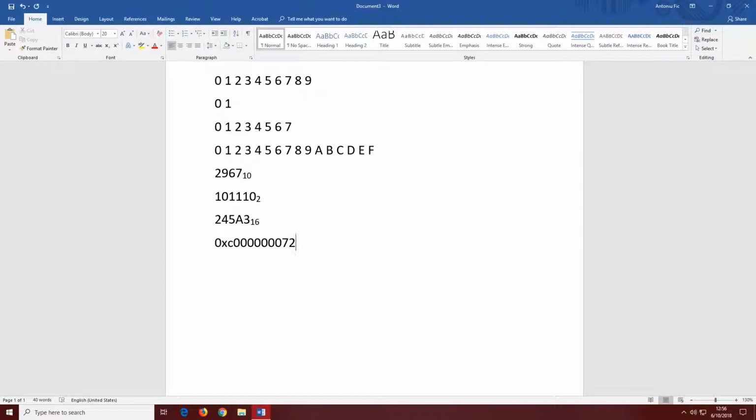0xC0000072, that is a hexadecimal number. So the number 245A3 in hexadecimal would be noted as 0x245A3. This means it is a hexadecimal number, and the number itself is just the digits after the x. This applies also to octal, so 0o, and you're going to have something like 2376. You can't use larger digits. And then binary, 0b, and you get